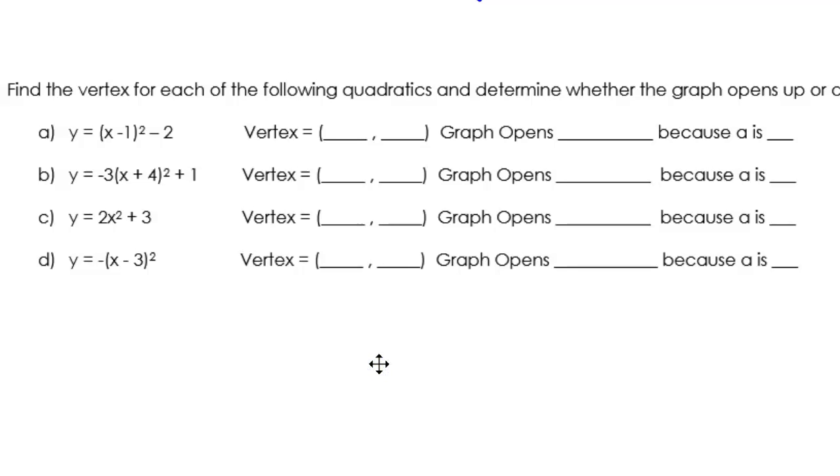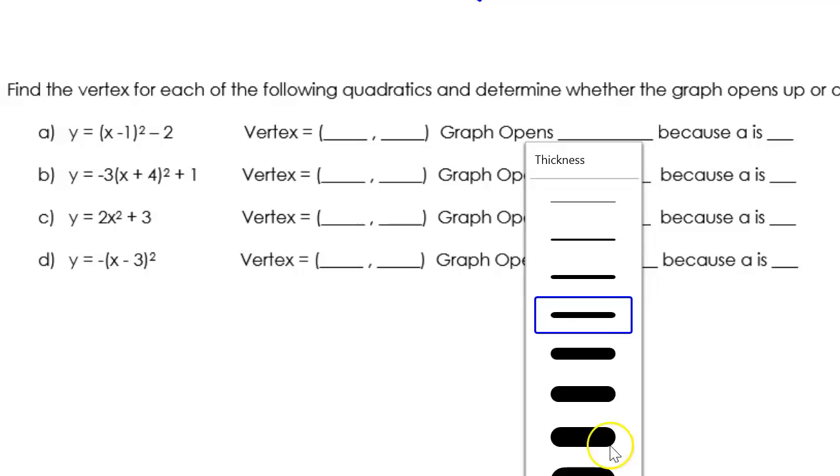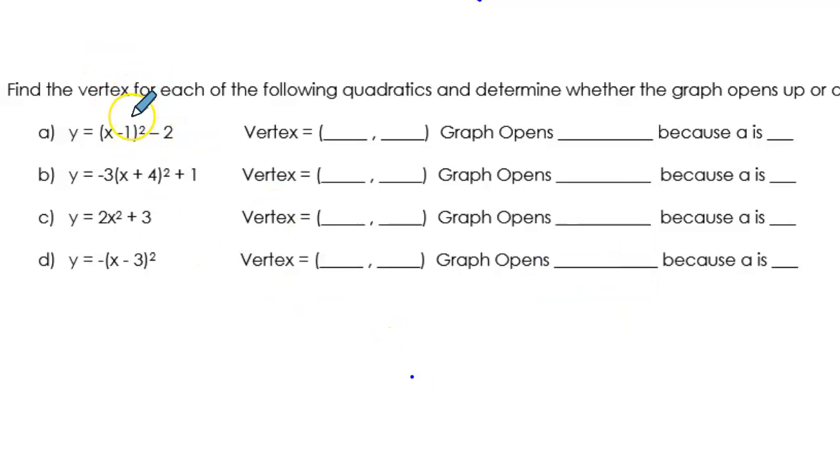Find the vertex of each of the following quadratics and determine whether the graph opens up or down. Let's do that. We're going to first look just at our h and our k. Right here our h is x minus 1, so we're going to have a positive 1 for our vertex. There's no a out here, so the sign in front of this parentheses would be positive. So our graph is going to open up